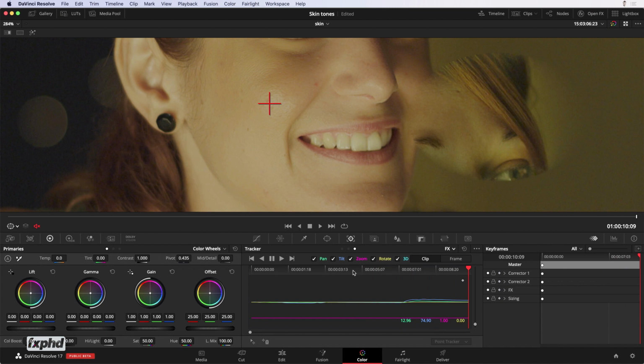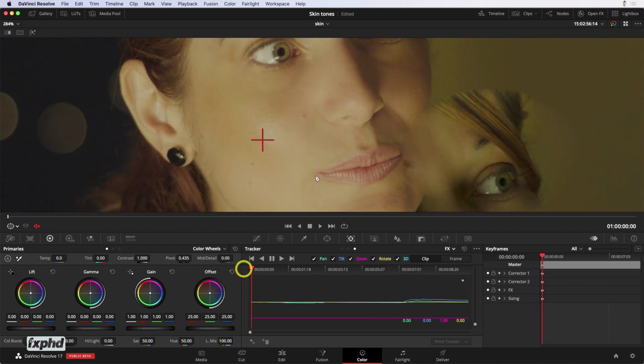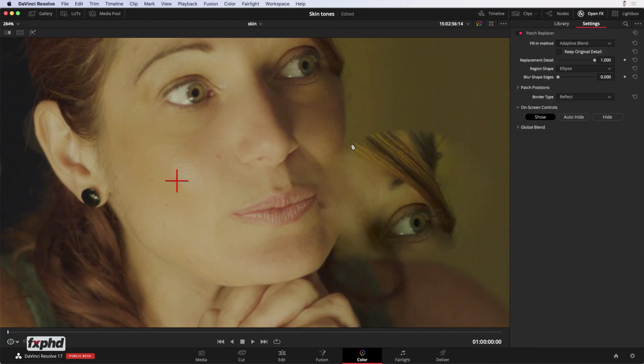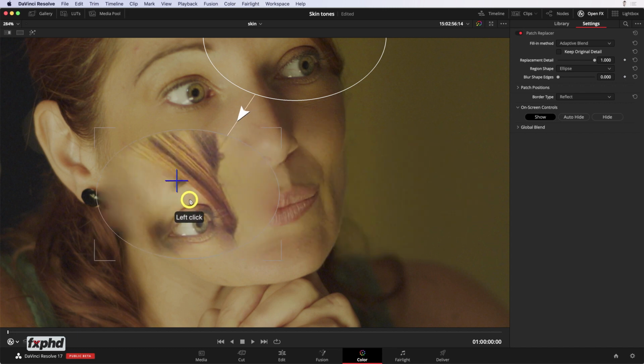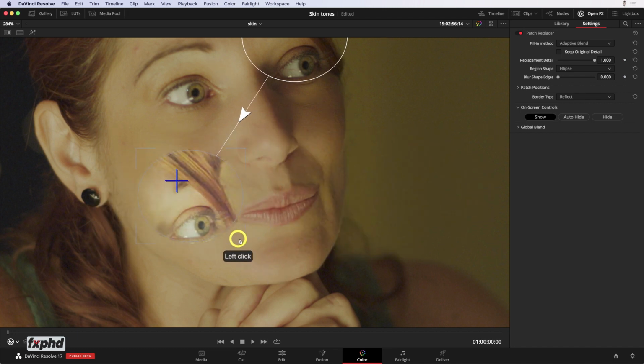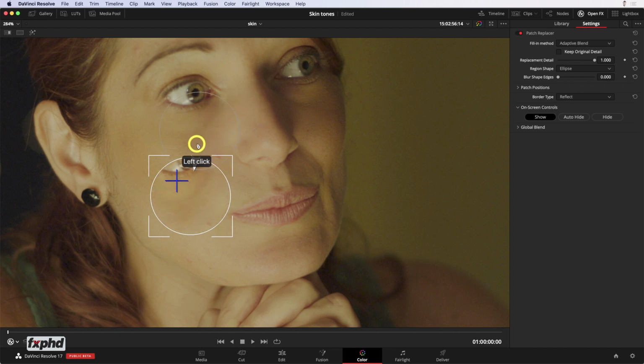And that's pretty good. I'm going to drag that back to the beginning, and we're going to go back to our view. And again, if you lose that view and you want to see the open effects overlay, just drop down to that. And then what we are going to sample, that is going to go over there, and it's going to be pretty small. This is where we're going to grab a bit of skin.